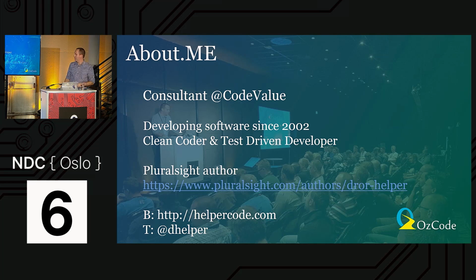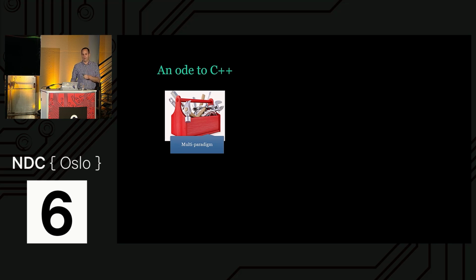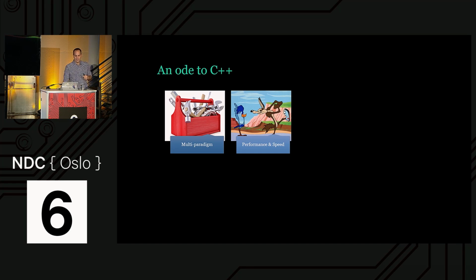So let's start. Let's talk about C++. I love C++. I think it's a great language. It's an amazing language. It gives me so much power. It's, in my belief, the only truly multi-paradigm language. You can write anything from procedural code to functional code with object-oriented and meta-programming in between. On top of that, it's a highly performant language. You have the ability to change the way the memory works and how your object works. With a single keyword, you can make your code behave completely differently. You can access the GPU and the CPU, and the compiler on top of that will do optimization we can only dream of in other languages.